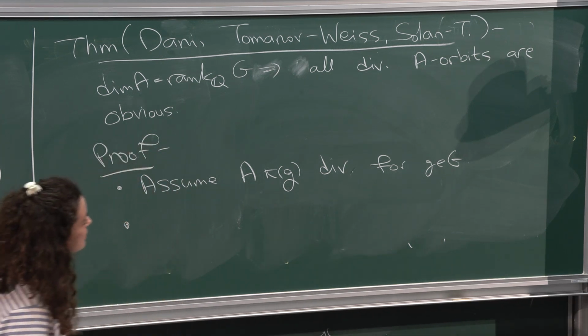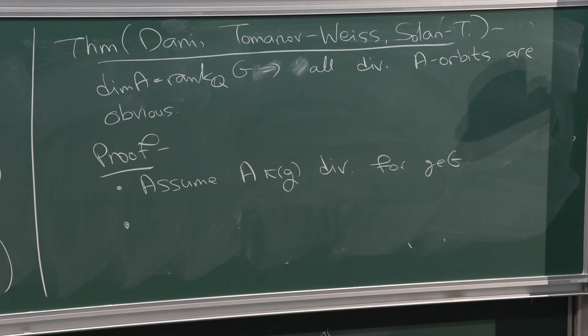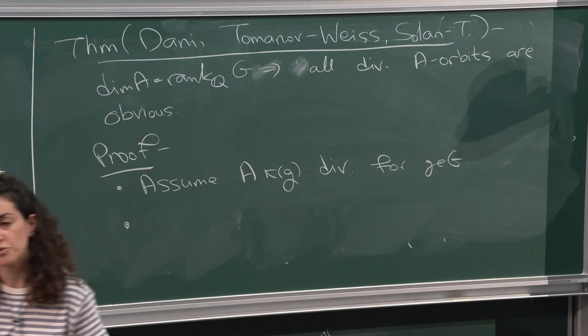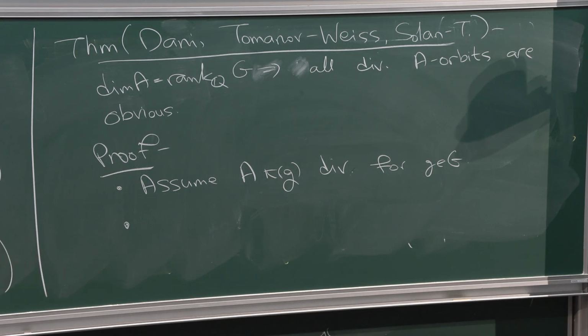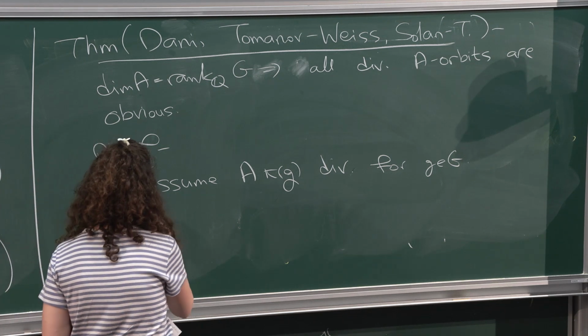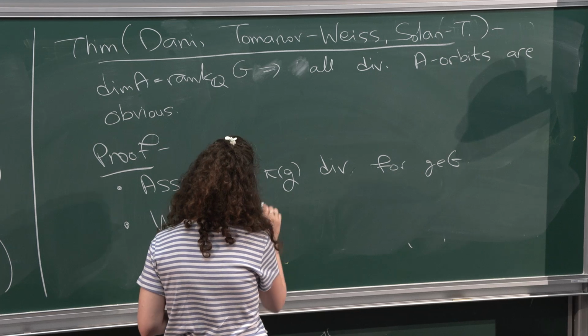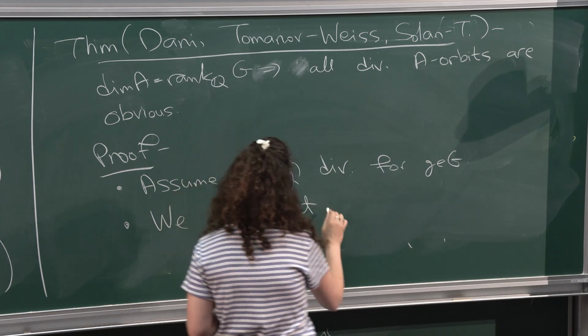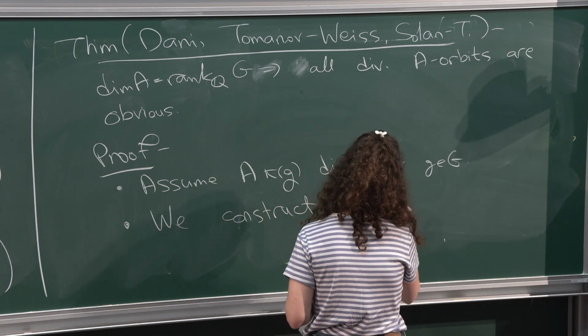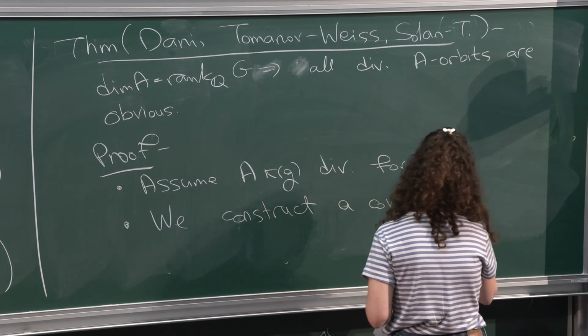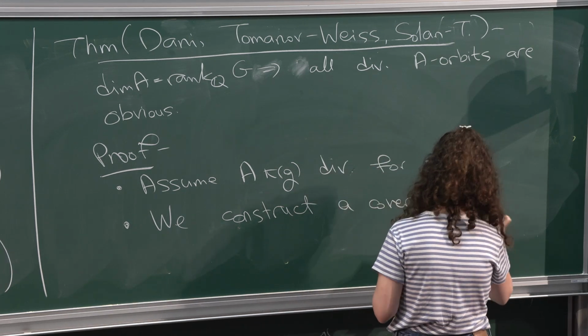The way that we're going to do it is we're going to use the compactness criterion to construct a cover of A by these reasons of divergence. So the second step is to construct a cover of A, bless you,